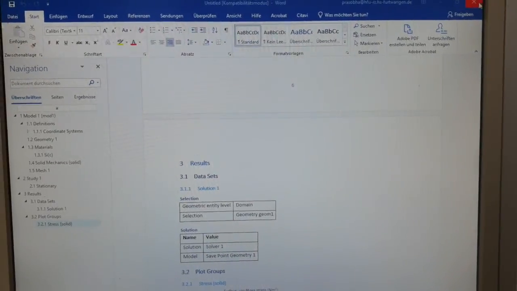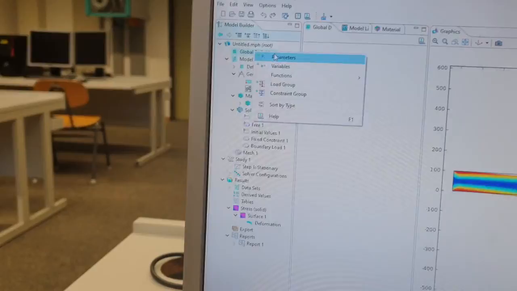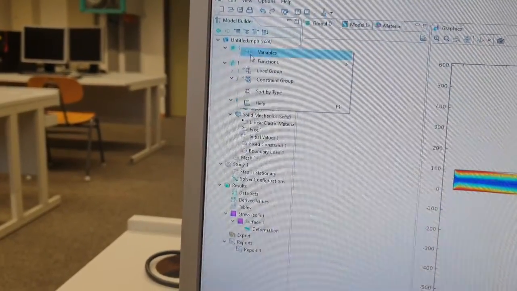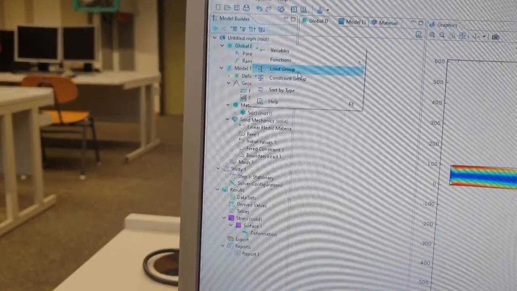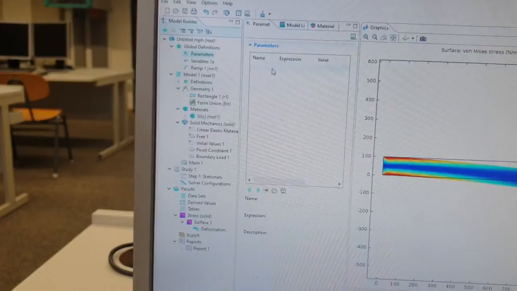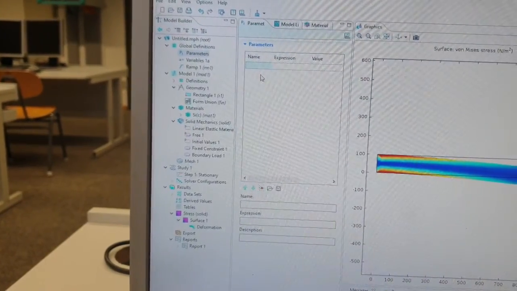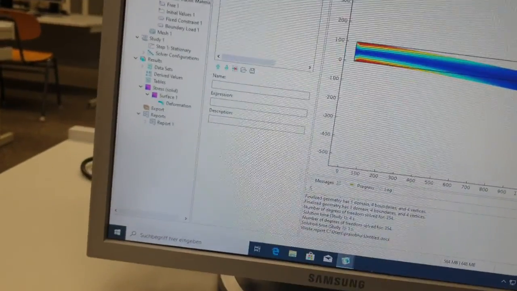Another thing is you can also add parameters in global definitions. The main options are parameters, then functions. You can select a ramp function and variables. Yeah, these three you can add. And for parameters you can add length, width and breadth and stuff like that. Another thing to notice, for